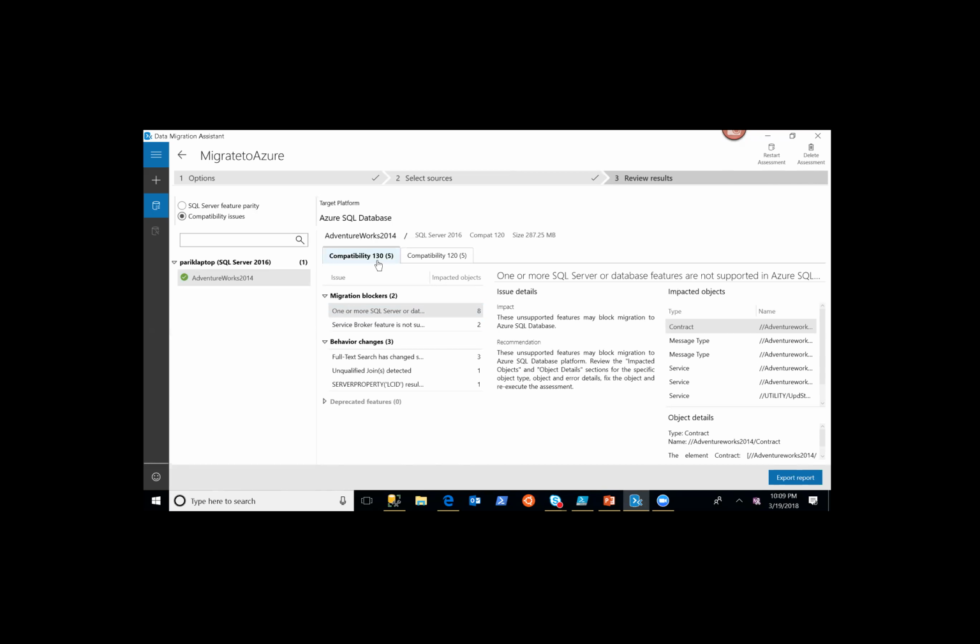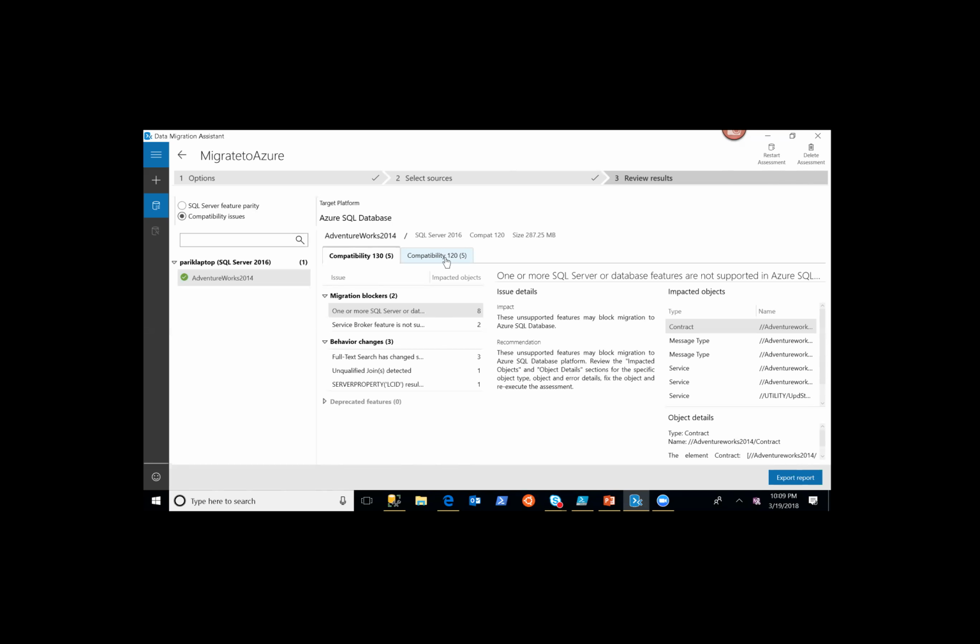Now, another good thing about this tool is it will give you compatibility back to lower levels as well, depending upon what is the current level of DB compat which is supported, so that you don't have to run the tool again and again for different compat levels. When you go to the cloud, this is how you will maintain application compatibility, because cloud will always be deploying latest bits, because we want to innovate and bring latest and greatest features earlier in the cloud, so you can leverage it.